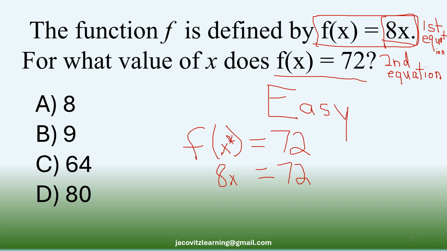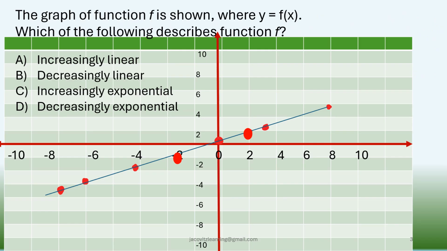And then if you just look at this, easily 8 times 9 is 72, as you know from multiplying. So of course your answer is B. And if you got that, you were correct. We can move on to the next one. Okay, this is another easy one when you guys were learning graphs, linear graphs,